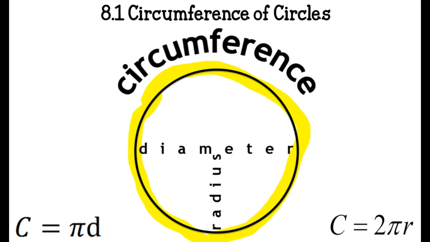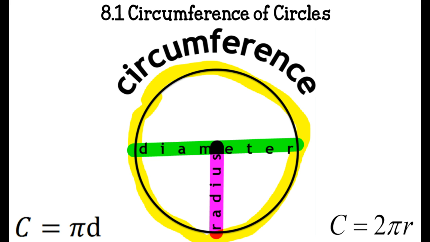The diameter is a line that goes from one edge of the circle through the center to the other edge of the circle. And the radius is a line that goes from the center to the edge of the circle, which is the radius. There are two formulas for finding the circumference of a circle. One is taking pi times the diameter, and one is taking 2 times the radius times pi to get the